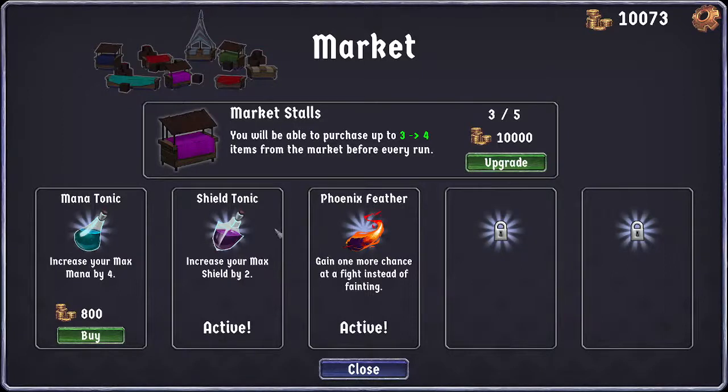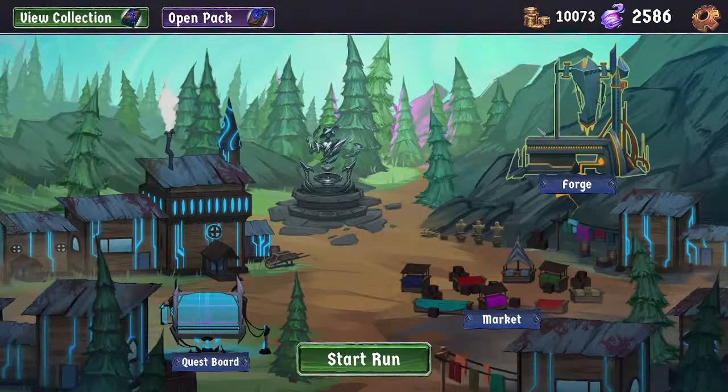The market here lets you purchase bonuses before a run. So for this one, I've purchased a Phoenix Feather and a Shield Tonic that will increase my max shield and give me one chance at surviving a death. But the more you buy them, the more the cost increases. So at the beginning you just want to buy one or two because otherwise they might prevent you from